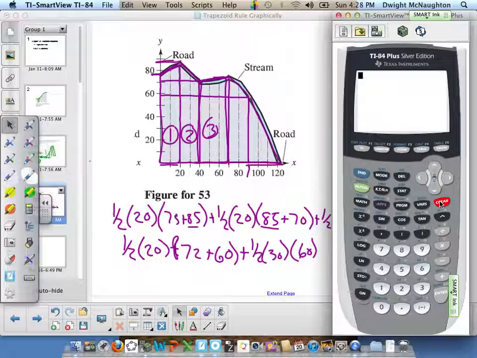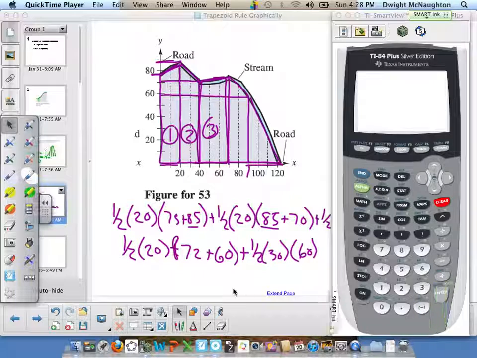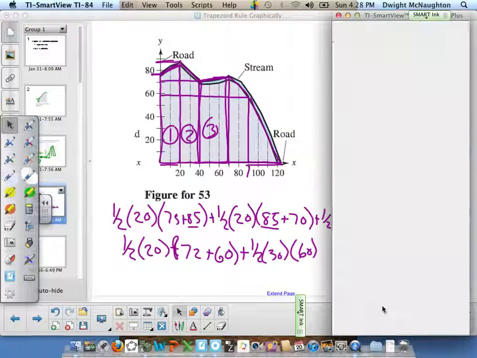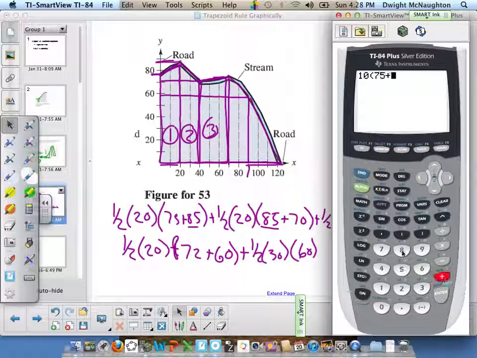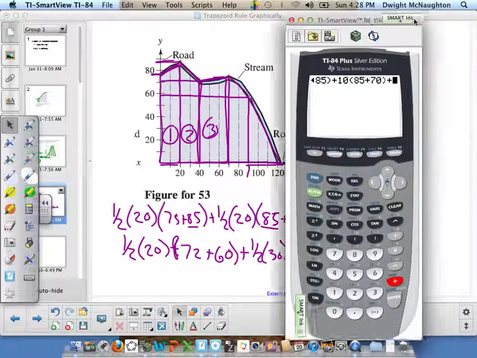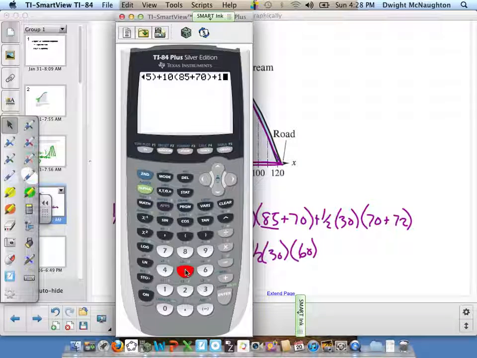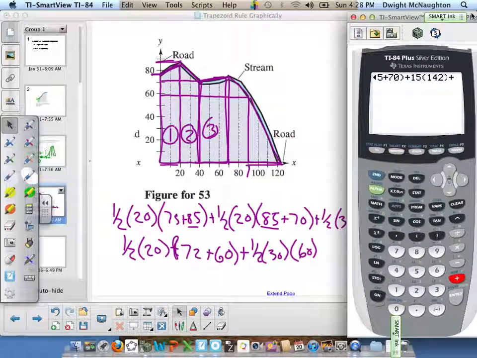So as I do this, we'll have 1/2 of 20 is 10 times the sum of the heights, 75 plus 85, plus 1/2 of 20 is 10 times the sum of the heights, 85 plus 70, plus 1/2 of 30 is 15 times the sum of the heights, which is 142, plus 1/2 of 20 is 10 times the sum of the heights, which is 132, plus 1/2 of 30 is 15 times 60, and then we got our estimate,